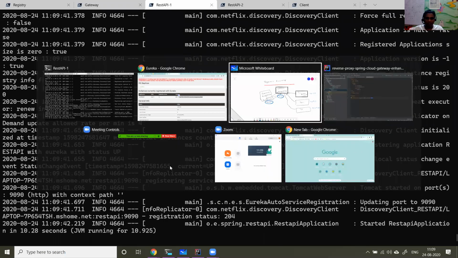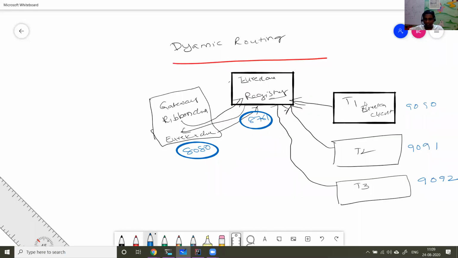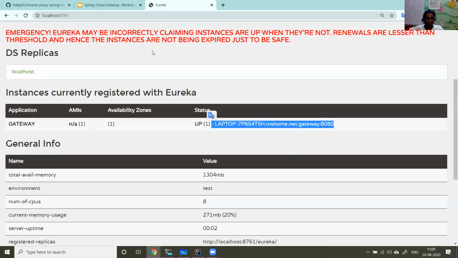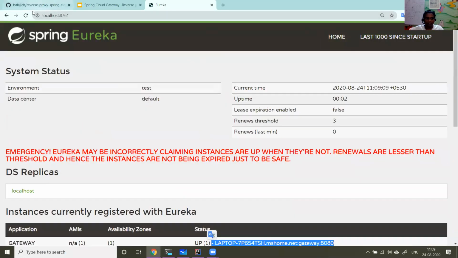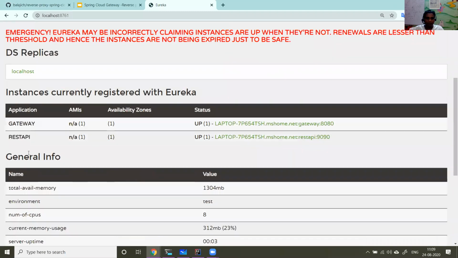Once the REST API comes up, the Tomcat registers with the Eureka Service Registry. That's all. The Tomcat only knows about the Eureka Service Registry. If I do a refresh, now you can see the REST API is running on 9090 port.